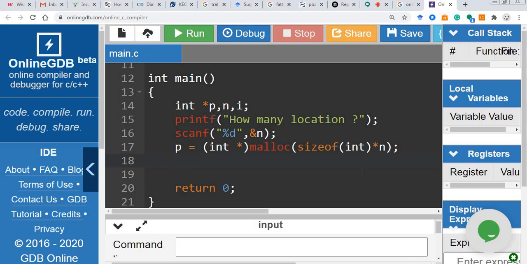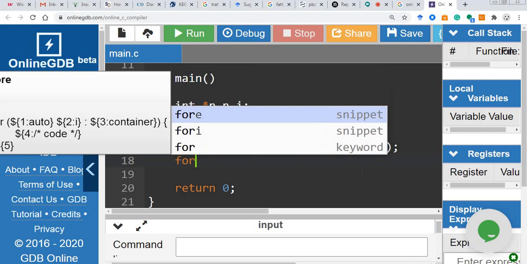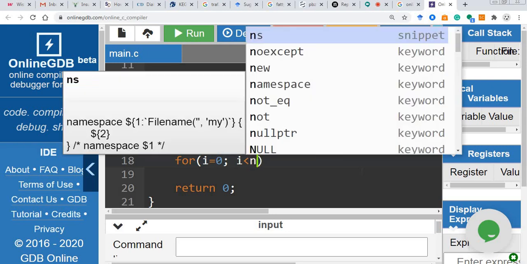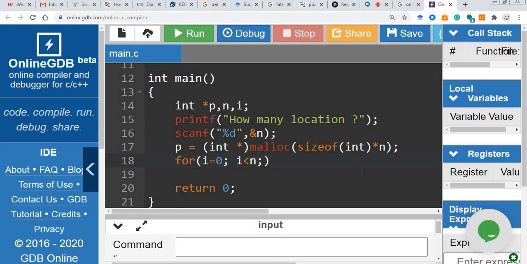and say I want to access them, so I will write a very simple for loop, i equal to 0. i less than what? i less than n, obviously, because total n locations, right?